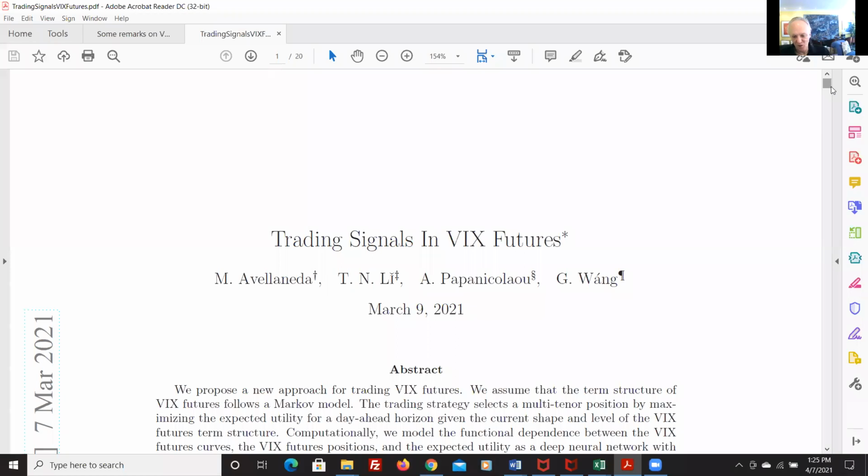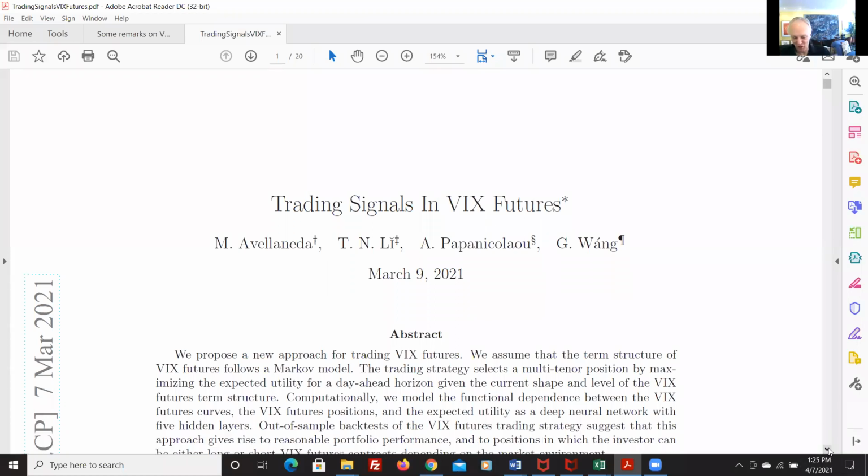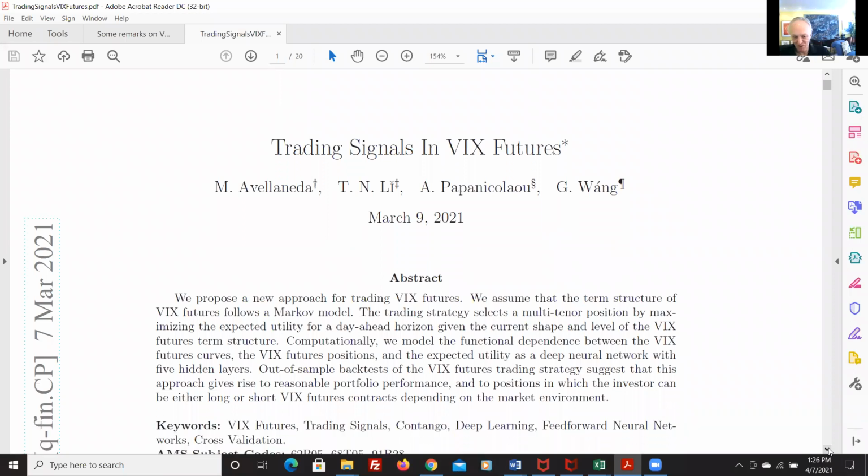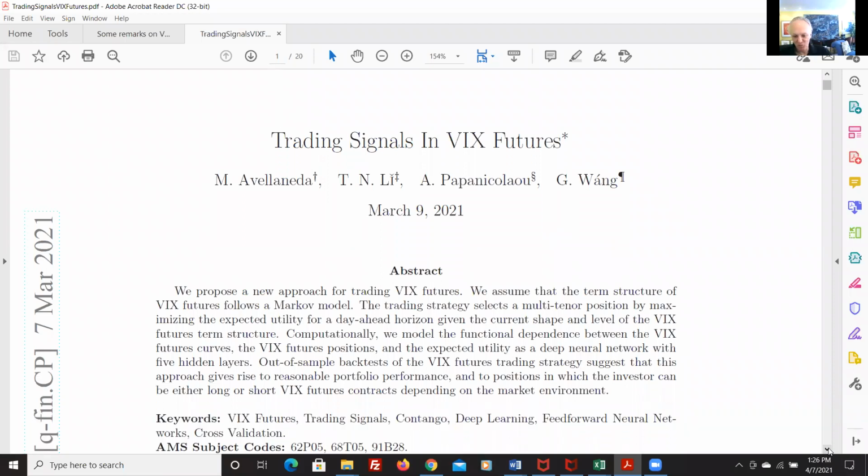And then we use a bit of neural networks to compute this function, expected utility, right? And so based on that, we can get an idea of what we would like to do, limiting the strategies to buying and selling the 1 month and the 5 month rolling futures, or ETFs, which are the